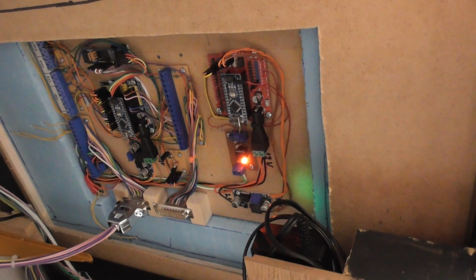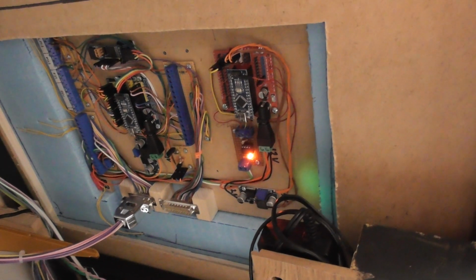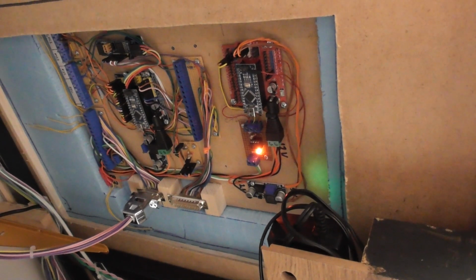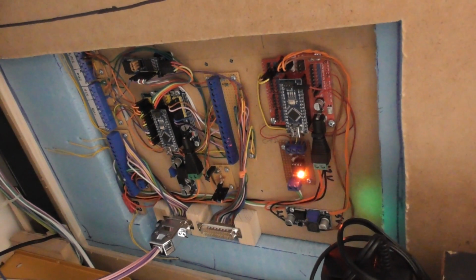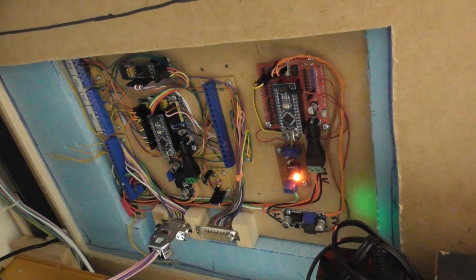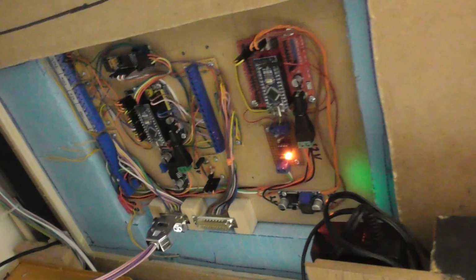Okay, this rather precarious shot with me upside down under the baseboard shows you the bit of baseboard that I've had to cut out and inset that piece of MDF to which everything is screwed. And if I get out from under here, which is not easy,